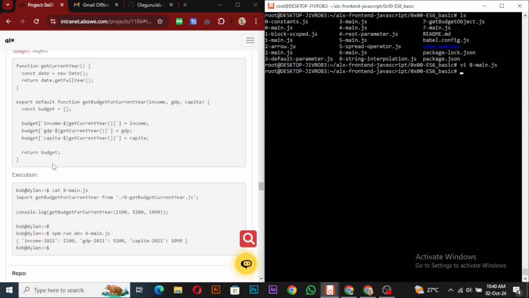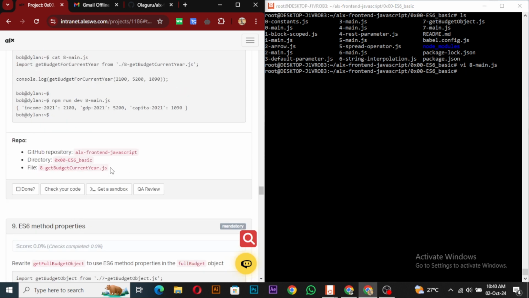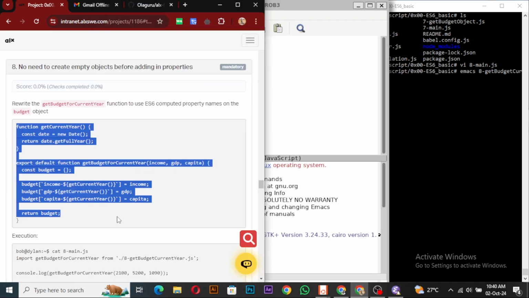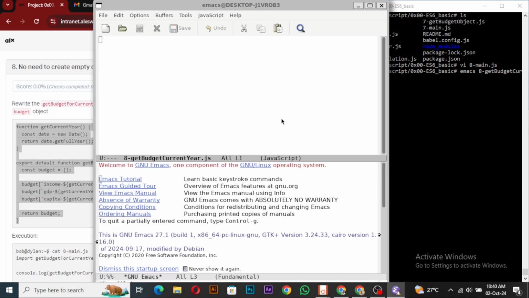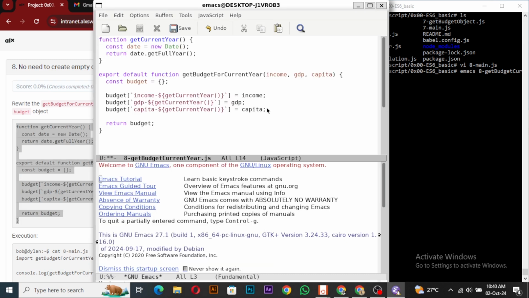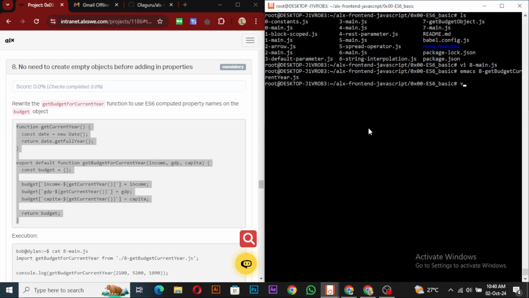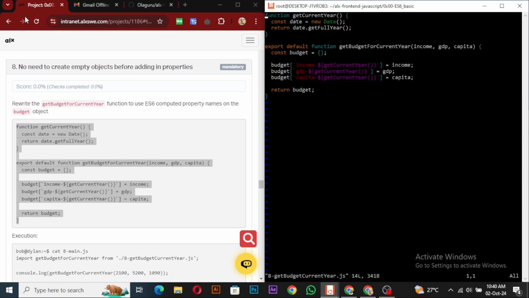Okay, and what is the file name? Let's copy it from the back, copy, and then emacs the file name. Sorry, I hope I didn't press it twice this time around. Then I'll copy the function and paste it, and save, quit. Then let's get budget current. So we write the get budget for current year function to use ES6 computed property names on the budget